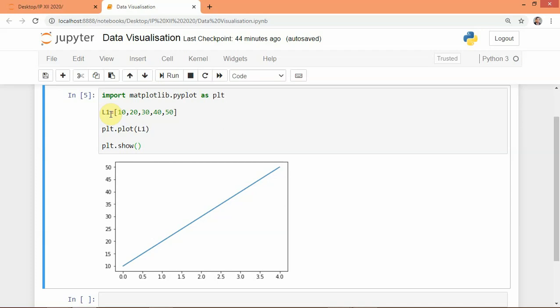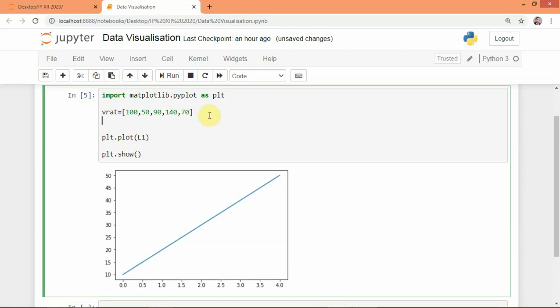For that I will make another example. Look carefully. Suppose I write Virat, and Virat is making a century, and here 50, here 90, here 140, and here 70. So this is the runs scored by Virat.